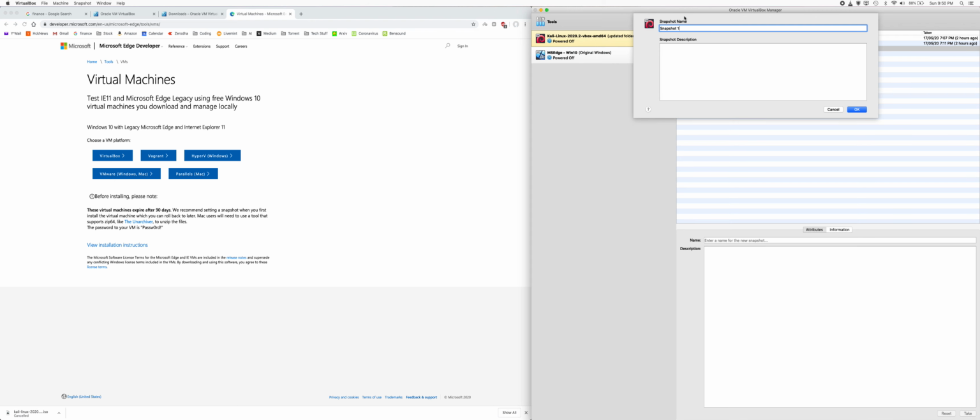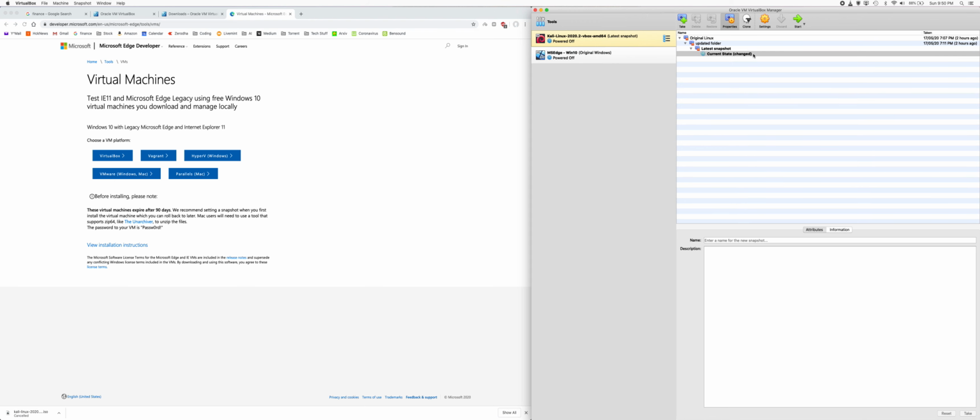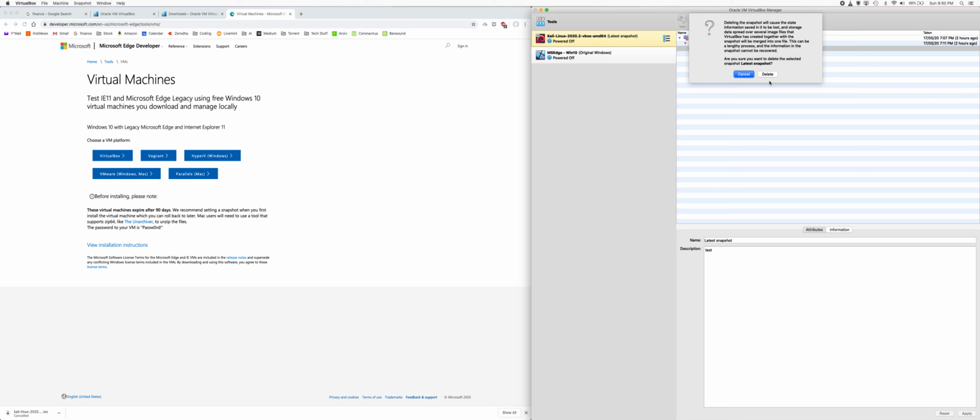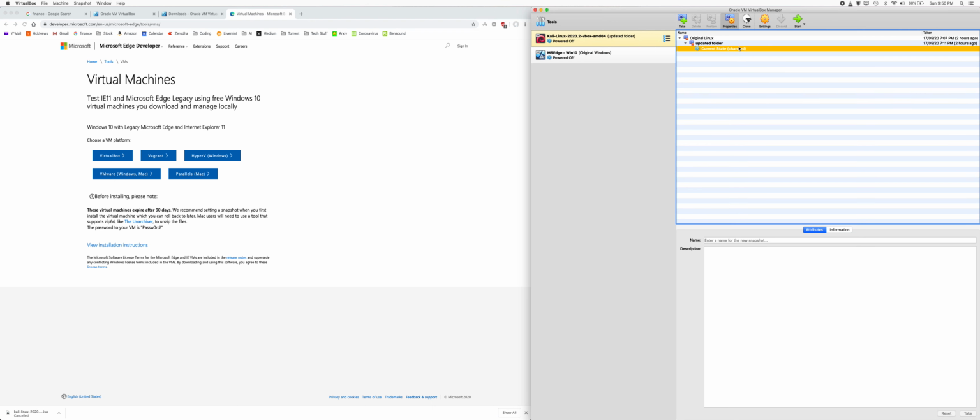So I say take, type here latest snapshot and whatever description, test, say OK. So it creates a latest snapshot like this. You can delete it also, and you can go up, you can go down.